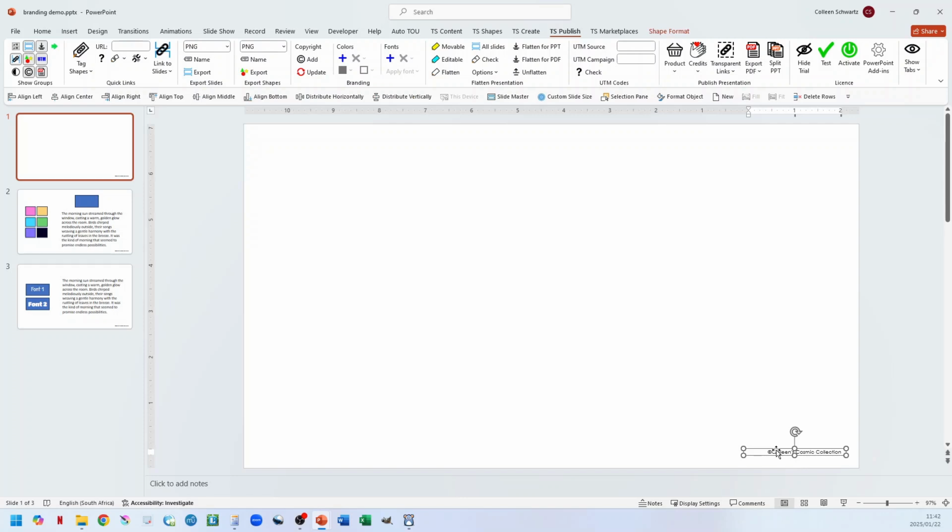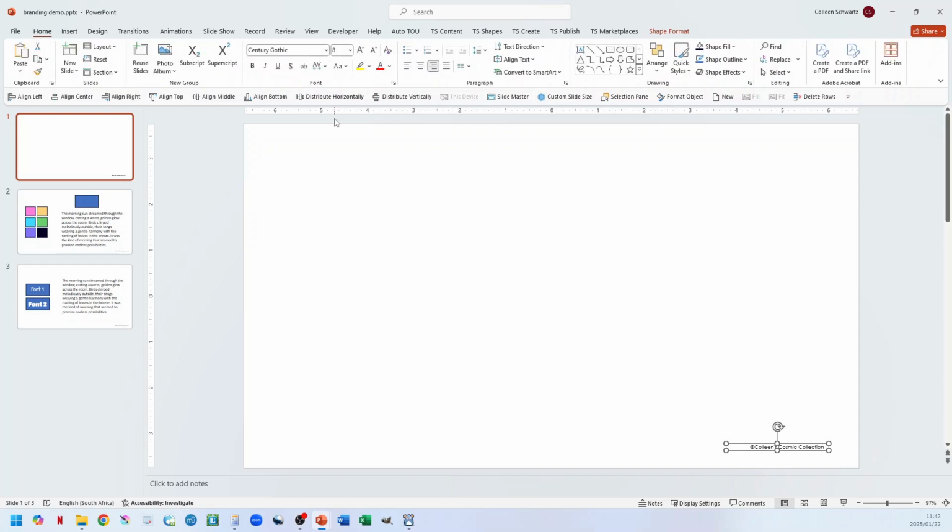If you are not happy with the positioning or the font or anything like that, you can go and change it on one of the slides. So say I have a border on the page and I want to make sure that it's inside that border, so I move it slightly, and I don't like this font, I want to use a different font. So say I want to use this font and I want to change the size or anything, I can do that. So you can make whatever changes you want to it,